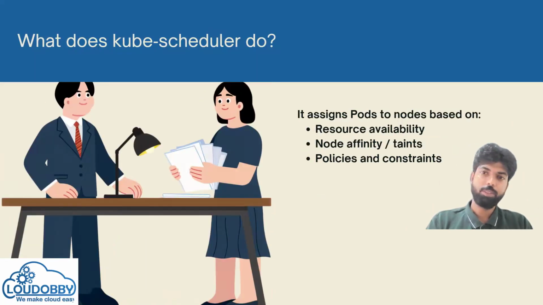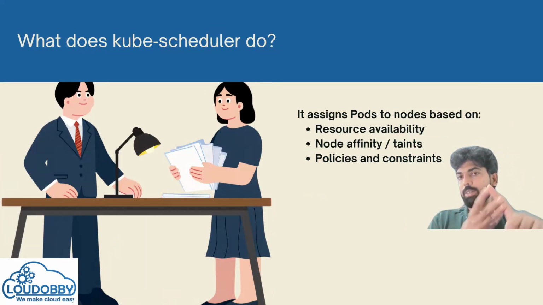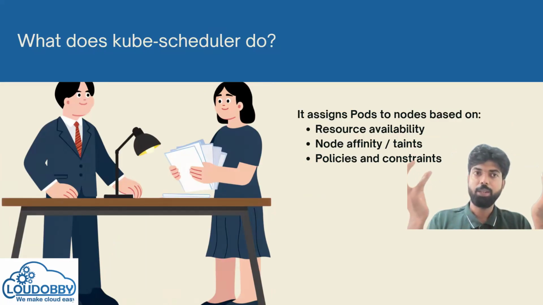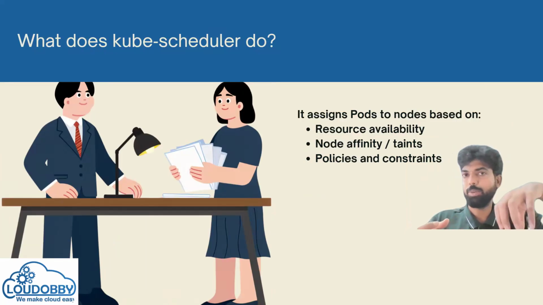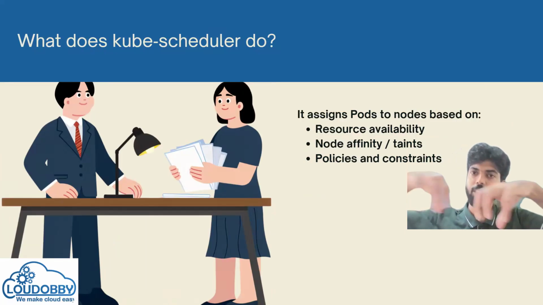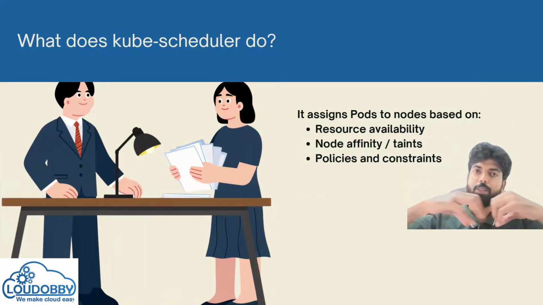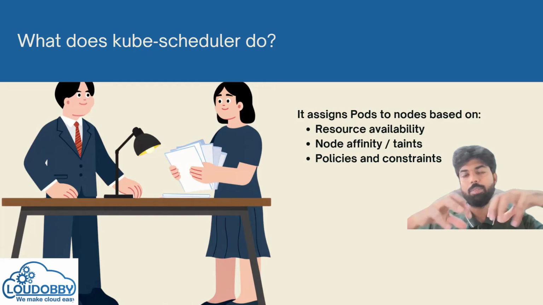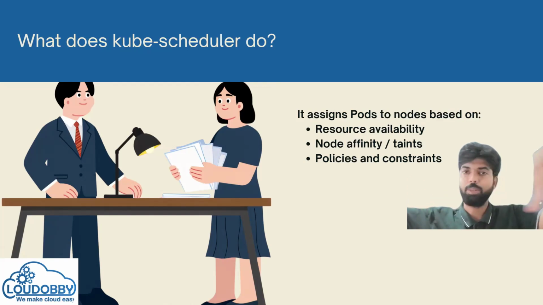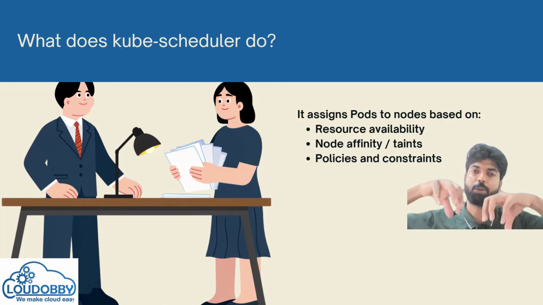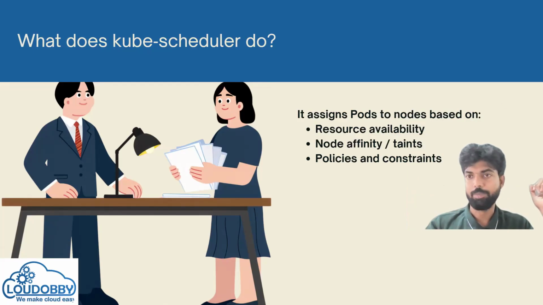What does kube-scheduler do? Kube-scheduler will schedule the pod. It assigns the pod to the node based on resource availability, node taints and policy. So you have 2 pods of a database, for example. You should not keep them in one node, because if that one node fails, the two containers will also fail. So one container on node one, one container on node two. These two database containers should not run on a single node. That is where node affinity and taints come in. So if this pod goes to another node, Kubernetes makes sure these two pods are running on two different worker nodes only.